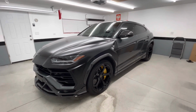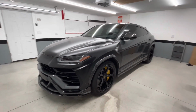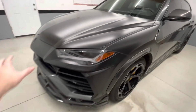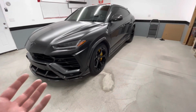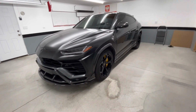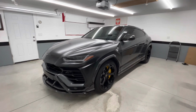That's normal. But it's a car. He dailies it. He told me the car has signs of being used, like little dents on the hood, rock chips on the front. It's not like I'm doing anything crazy. I'm obviously being a little bit more careful, but just like any other car, any other wrap,